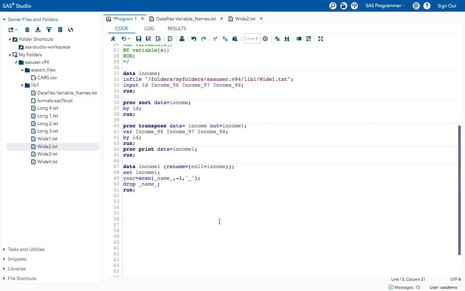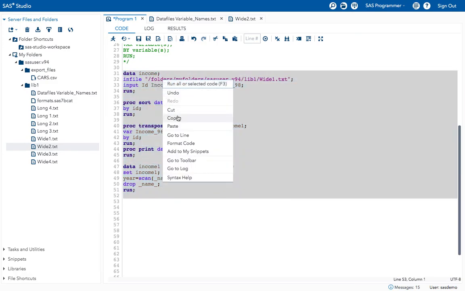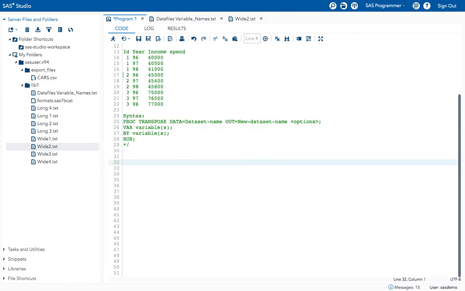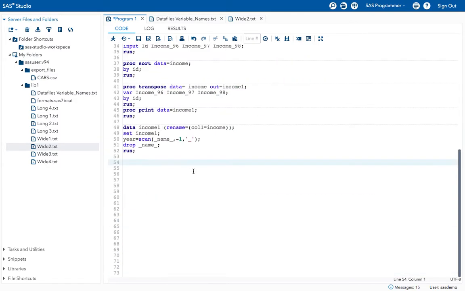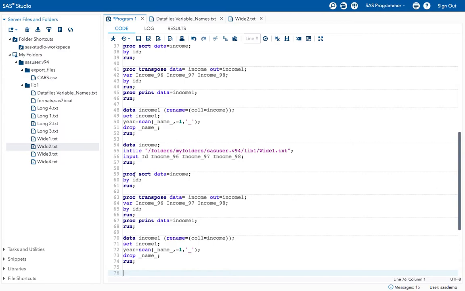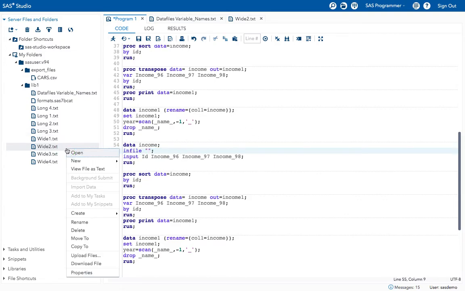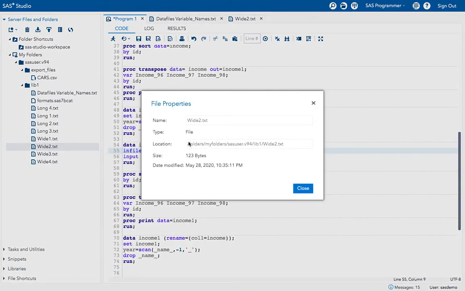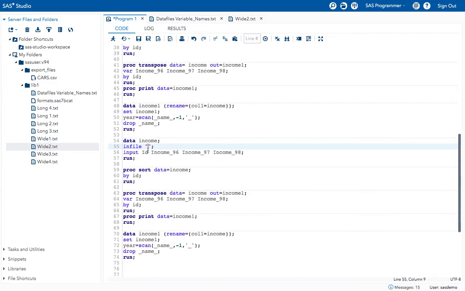How can I do that? It's the same as earlier, but the only difference is, I'm taking the same program and just changing the infile path. In the place of the infile path, give the void2 path. Copy the path and paste the path here.